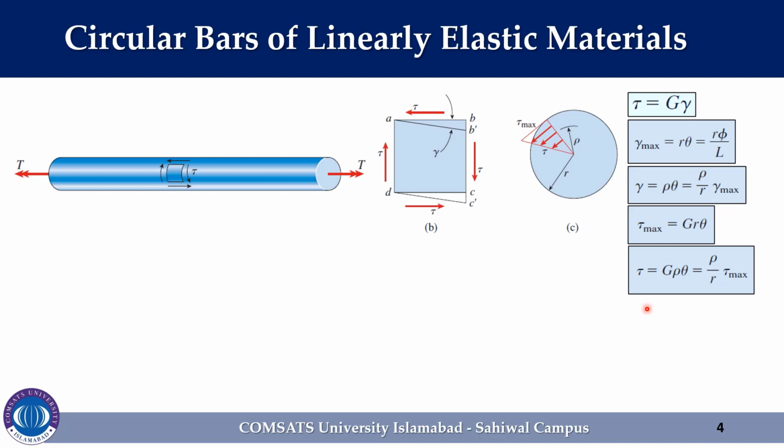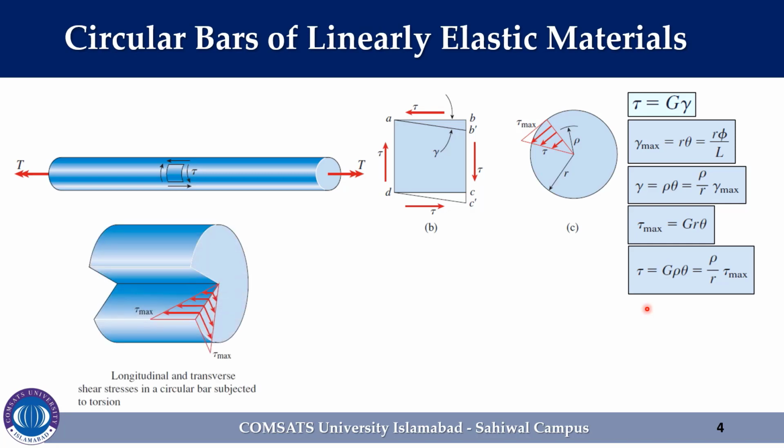The shear stresses acting on a cross-sectional plane are accompanied by shear stresses of the same magnitude acting on longitudinal planes. This conclusion follows from the fact that equal shear stresses always exist on mutually perpendicular planes. If the material of the bar is weaker in shear on longitudinal planes than on cross-sectional planes, as is typical of wood when the grain runs parallel to the axis of the bar, the first cracks due to torsion will appear on the surface in the longitudinal direction.